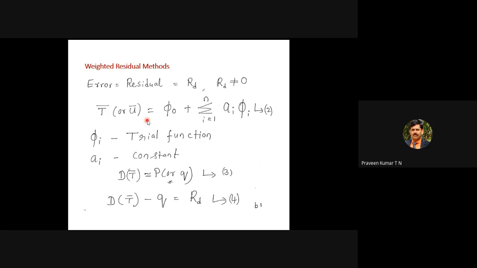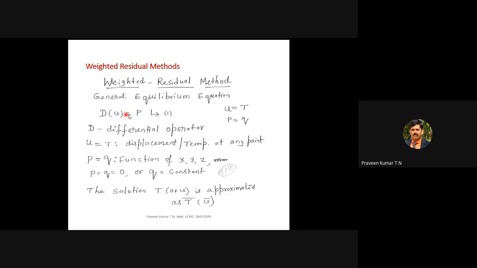So now we are familiar. Our finite element method is an approximate method. If you go for an exact method, the right hand side is equal to the left hand side. But finite element analysis is an approximate method, so the right hand side is not necessarily equal to the left hand side. I have given an example with temperature. The actual temperature measured by a high accuracy thermocouple may be 100 degrees Celsius. That is the exact value. But in the finite element method, you may get 99 degrees Celsius. The left hand side has 100, the right hand side has 99. The difference is nothing but an error.